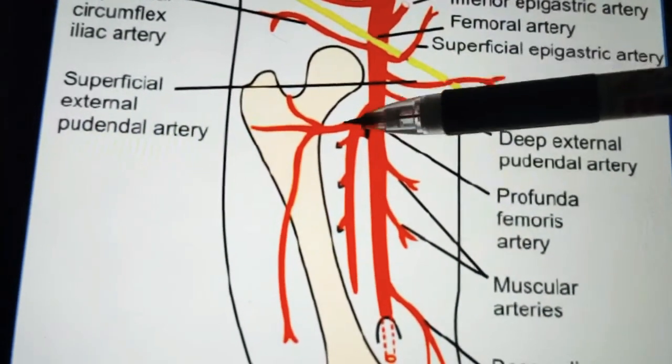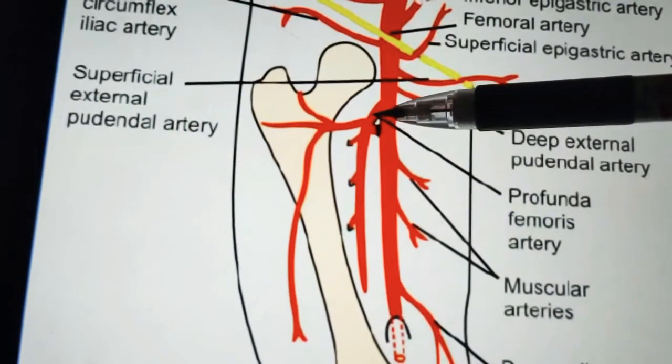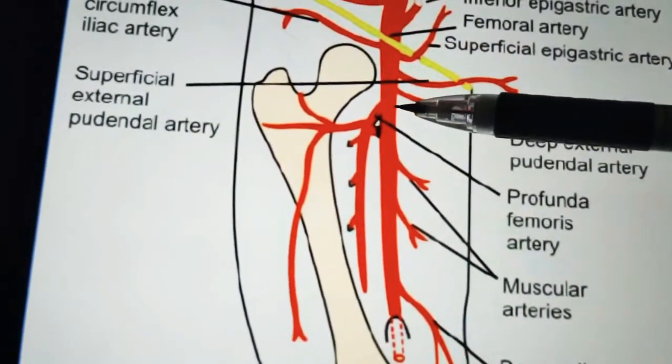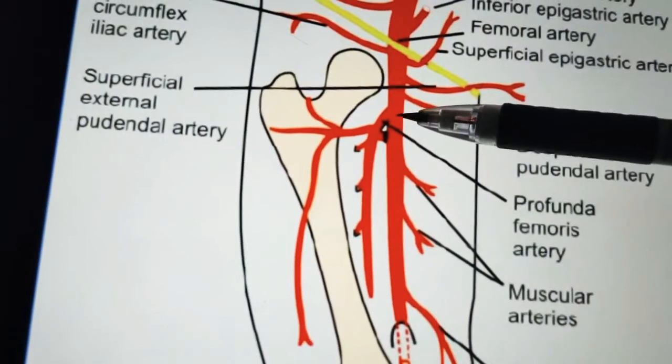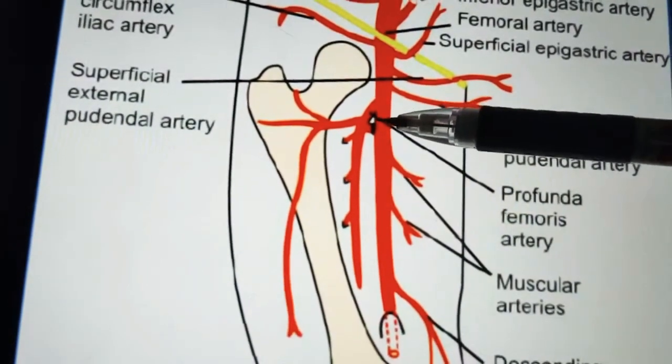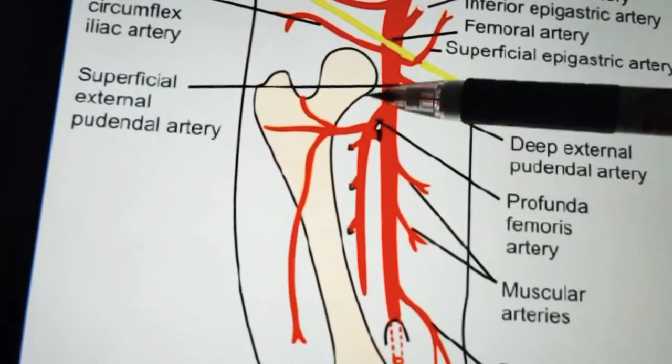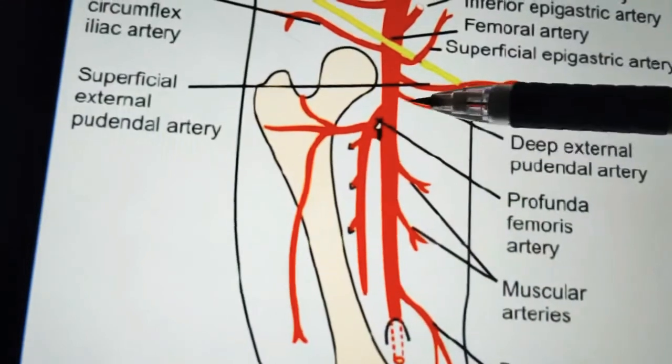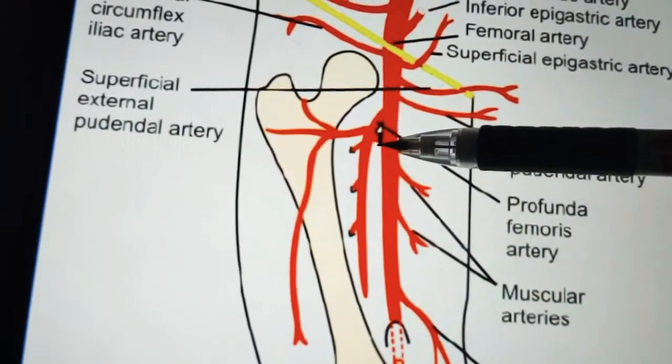You can see this is the femoral artery. From the lateral side it arises, right? So from the lateral side it arises below the inguinal ligament, and the origin lies in front of iliacus. Here will be the iliacus muscle on the back side. So from the front of iliacus it starts, okay,